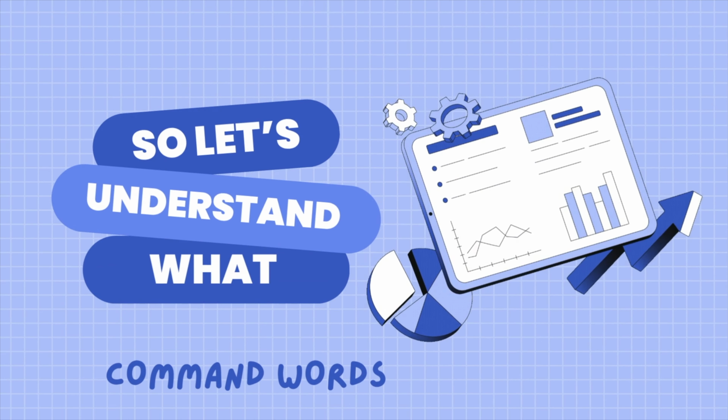So let's understand what command words mean. Command words are the verbs that are attached before every question. Define photosynthesis. Explain one advantage of being a sole trader. Describe, evaluate, recommend, justify. So there are so many command words that Cambridge uses while setting their question paper. Understanding them is key to understanding what examiners' expectations are for that particular answer. So let's go and understand each word in detail.